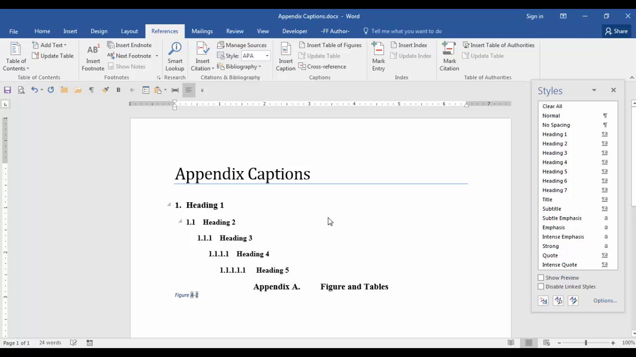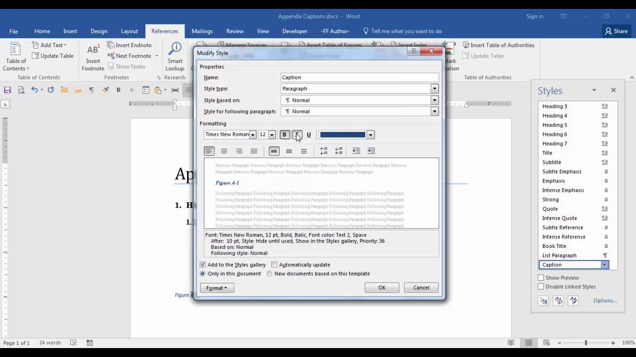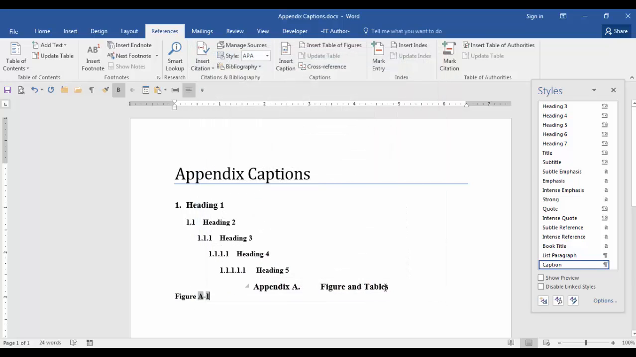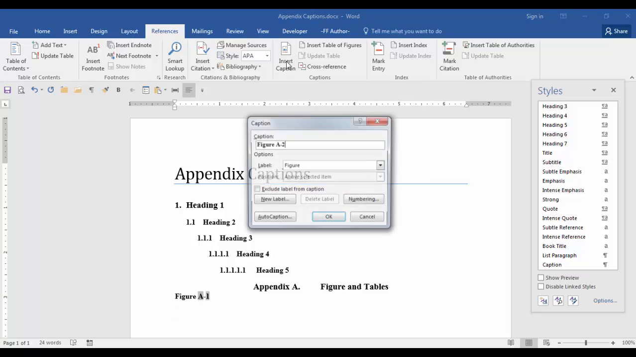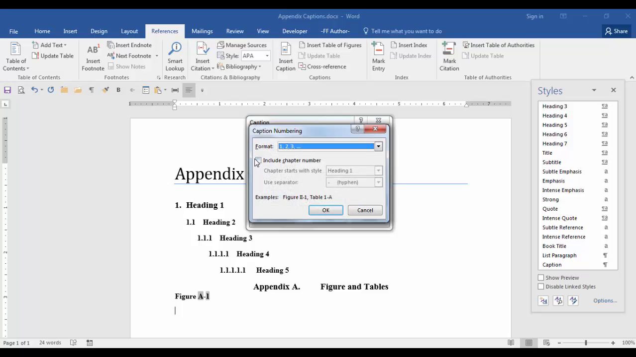Now you're going to want to format your caption style. Open the Styles dialog box. Click on Caption, Modify. Make your selections. And click OK. Now your figure captions are set up for your section numbering in the appendices. You can do the same thing for your table captions. Reference tab, Insert Caption, change to Table, select Numbering, select your format, include your chapter number, your separator, and click